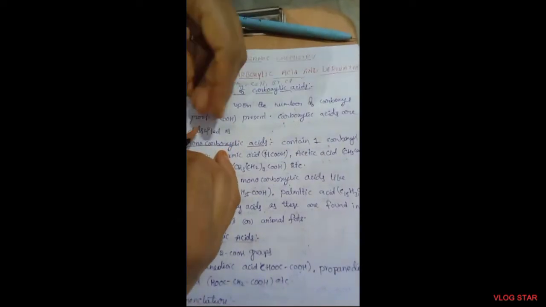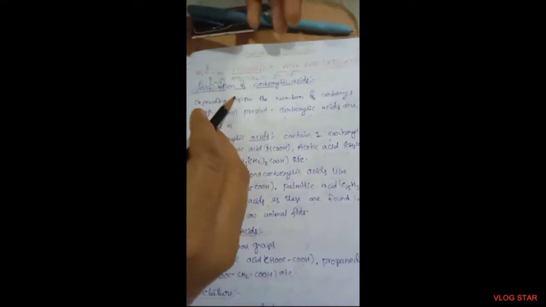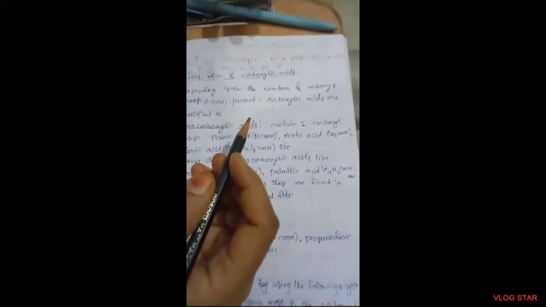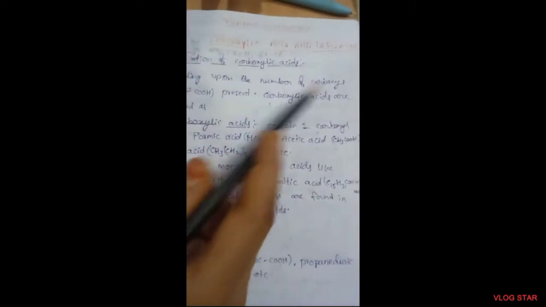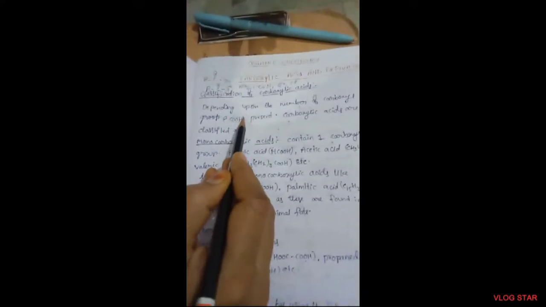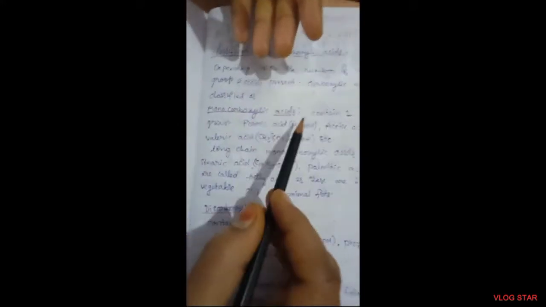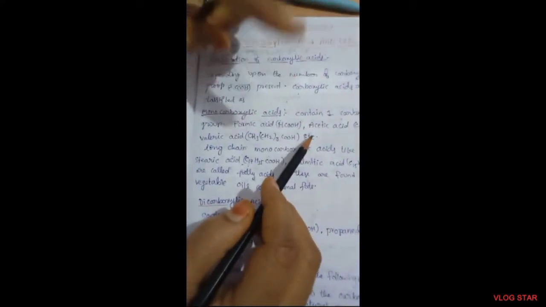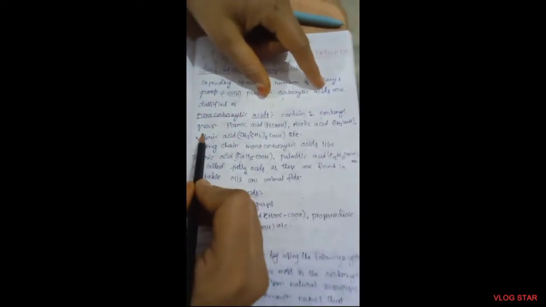Now coming to the classification of carboxylic acids. How are they classified? Carboxylic acids are mainly classified into two types. What are they? Monocarboxylic acids and dicarboxylic acids. Depending upon the number of carboxyl groups, the number of acid groups present, carboxylic acids are classified into monocarboxylic acids and dicarboxylic acids. Now coming to the monocarboxylic acid. Mono means single, only one acid group is present, that is monocarboxylic acid, containing one carboxyl